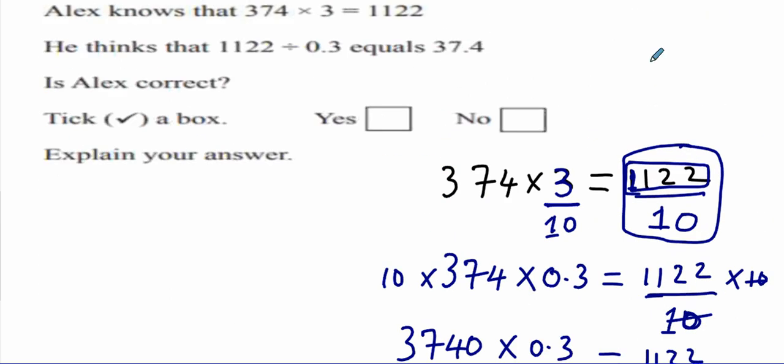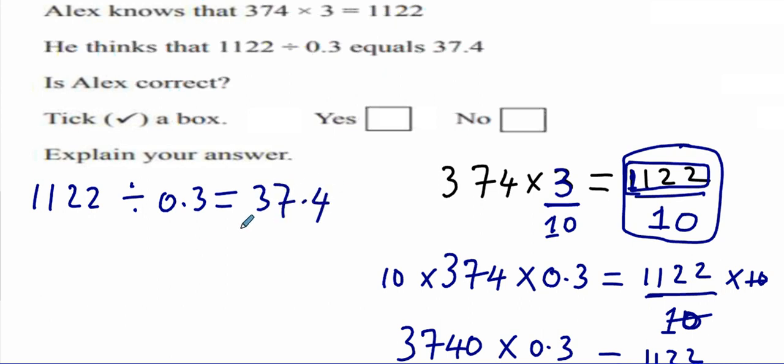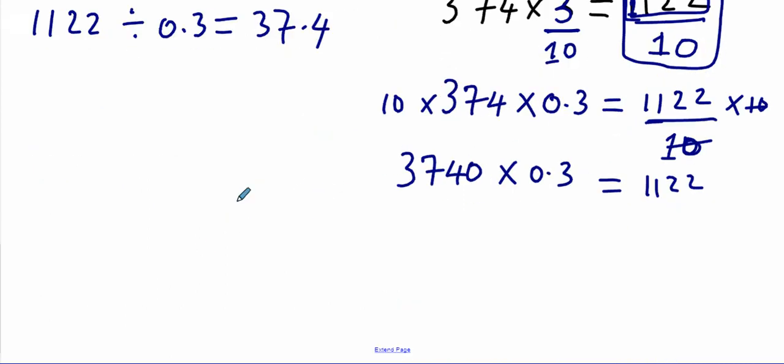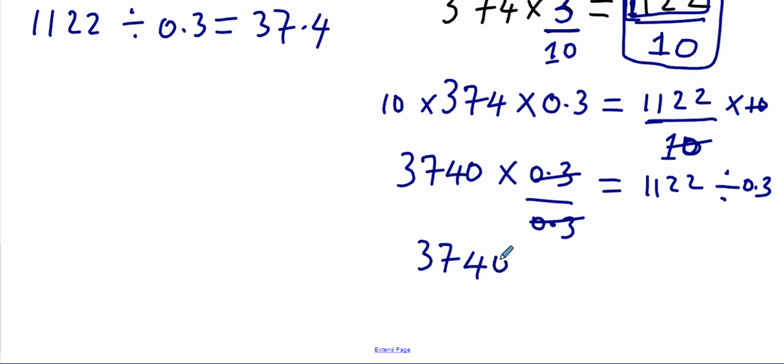Alex thinks that 1122 divided by 0.3 equals 37.4. Now, is Alex correct? We are almost done. So what we are going to do from here is divide by 0.3, divide by 0.3. Now, this 0.3 and 0.3 will cancel. You remain with 3740 equals 1122